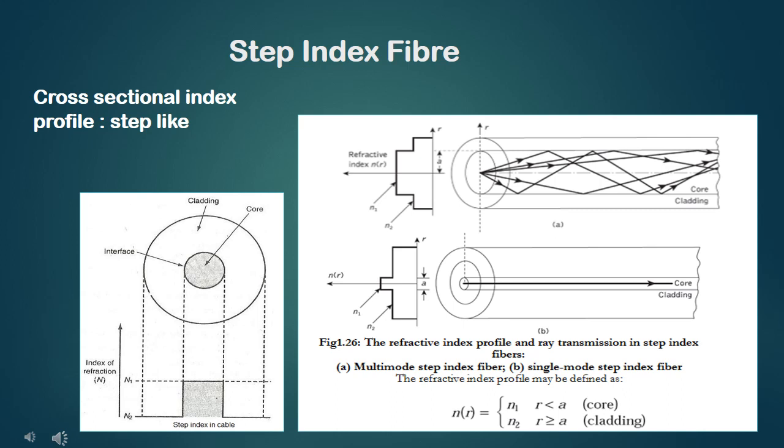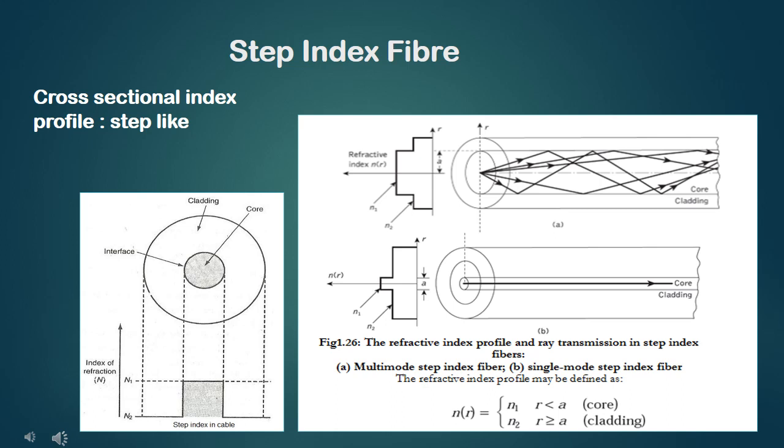Now the light entering through one face of the fiber undergoes repeated total internal reflections at the core-cladding boundary and then proceeds forward. Step index single mode fibers are widely used for long distance terrestrial transmission and submarine cable systems, etc. They also have a very large bandwidth distance product, greater than 3 GHz-km. The bandwidth distance product is the measure of the information carrying capacity of the fiber. The greater the value of the bandwidth distance product, the greater the information carrying capacity.